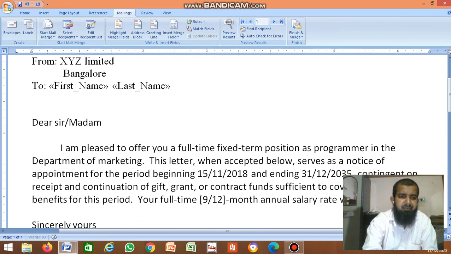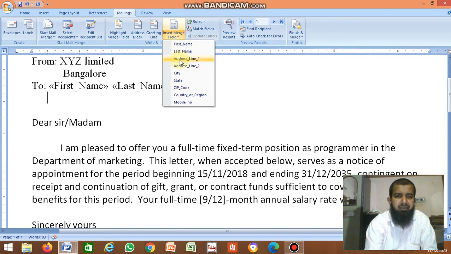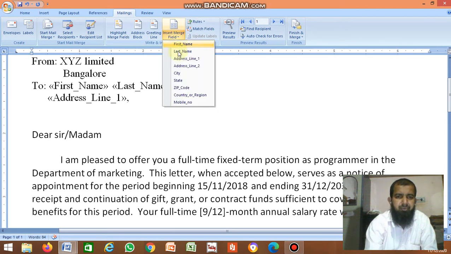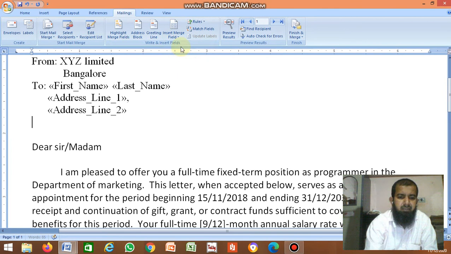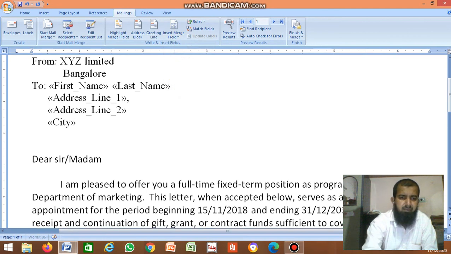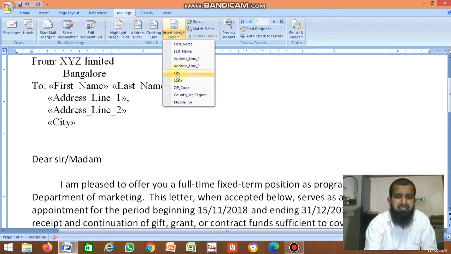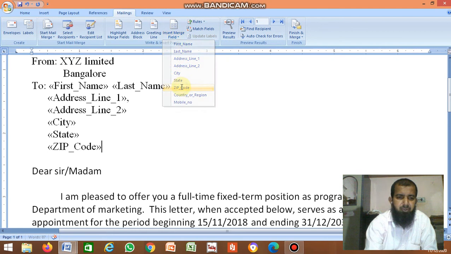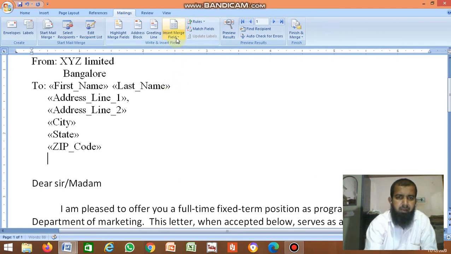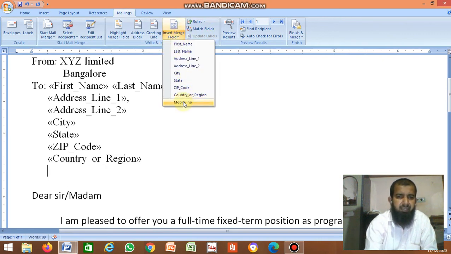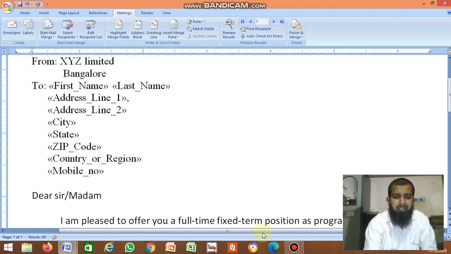Then press Enter, then Address 1, Address 2, then City, then State, Zip Code, Country, then lastly Mobile Number. Clear, no?